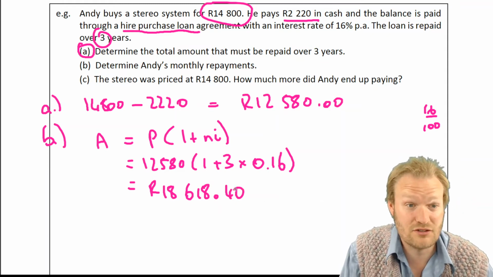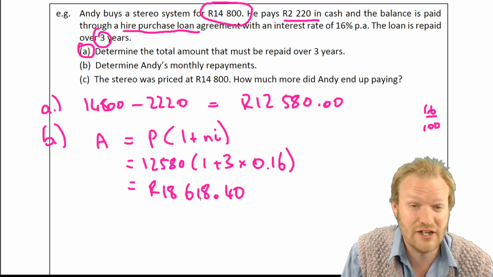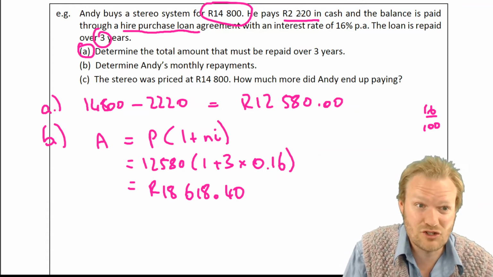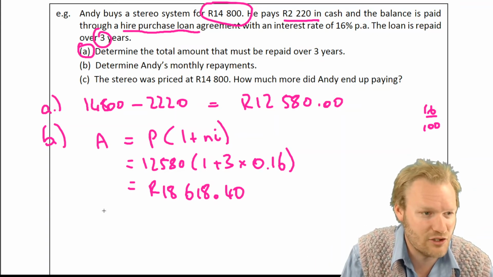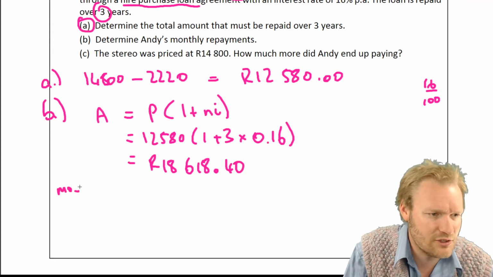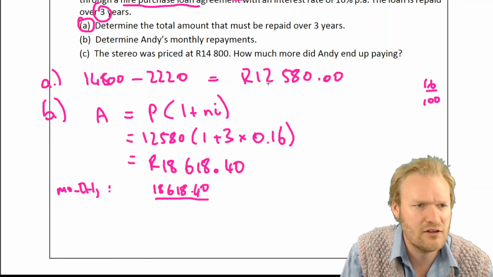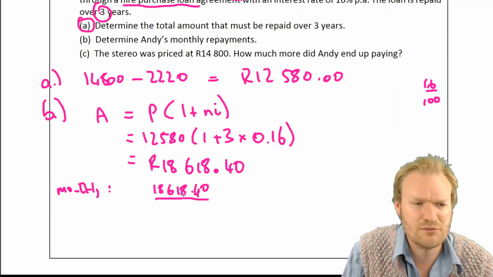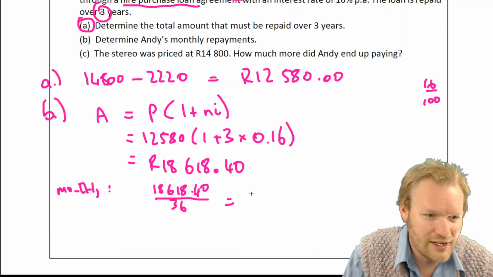Okay, so things have grown quite quickly. 14,000 Rand, spending 18,000 Rand just on the monthly repayments, and still paid the 2,000 up front as well. So I spent 20,000 Rand or so. For the monthly repayments, we need to take that amount and divide it by however many months he's paying it over. It's 3 years. How many months is that? 3 times 12, so 36. So we divide that by 36 into the calculator and we get